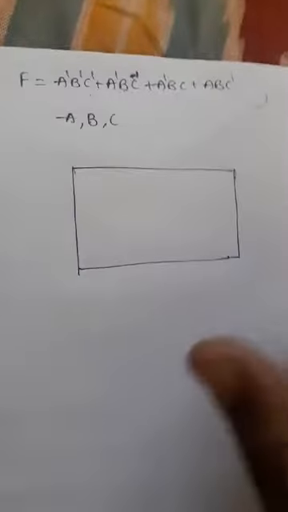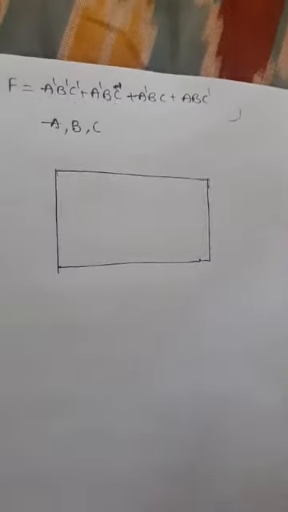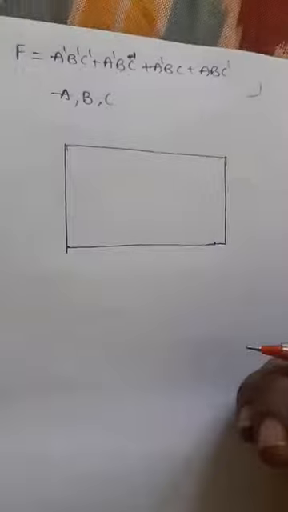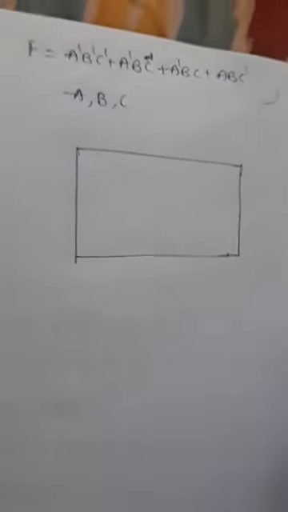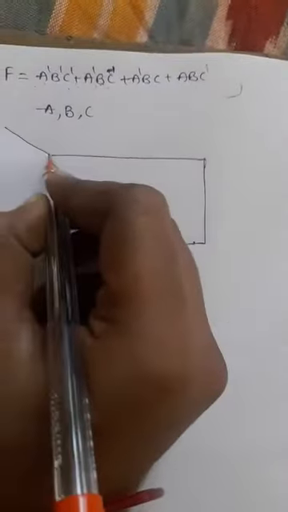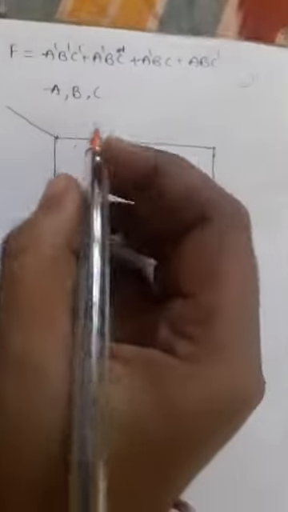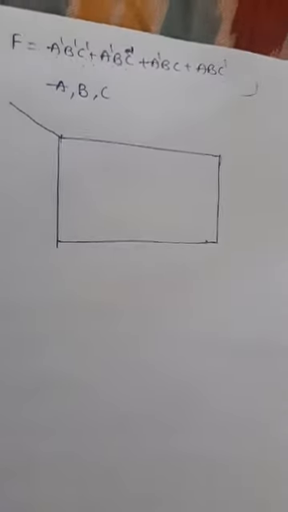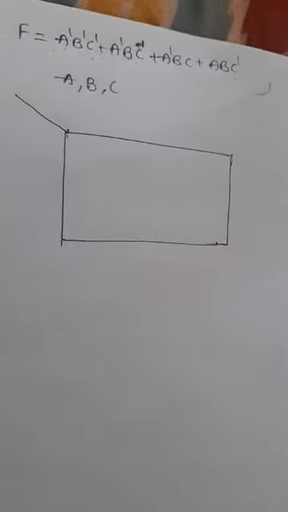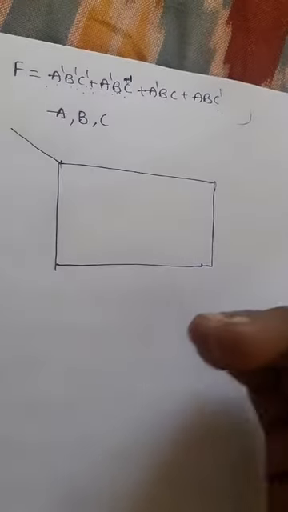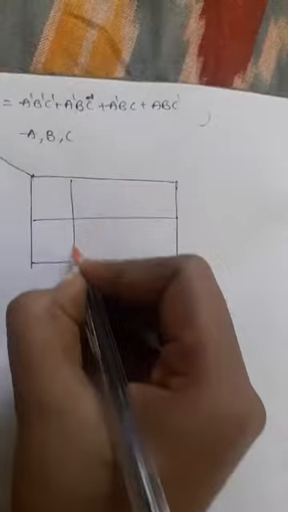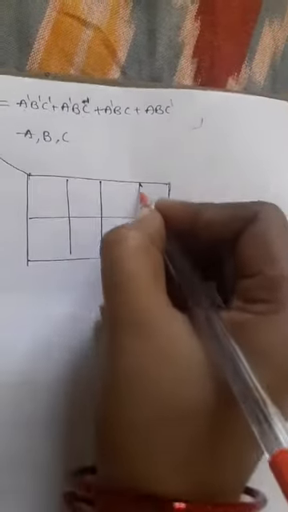So this 3 variable K-map, as we know, can be a horizontal K-map or a vertical K-map. You can consider whichever you wish. I'll consider the horizontal K-map here. So how many possibilities do we get for this 3 variable K-map? Totally 8 possibilities, right? Like this we can represent the 3 variable K-map in horizontal form.